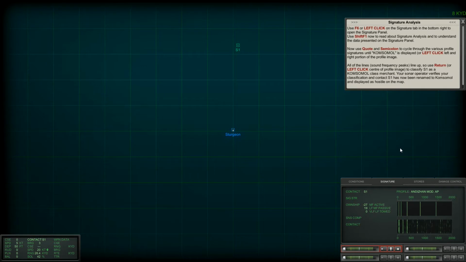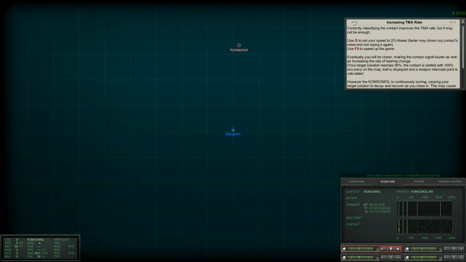Okay. So it looks like we're trying to match up the actual image. So you can see that is a match. Alright, all of the lines, sound frequency lines, line up, so use return or left click to classify S1 as a Cosmol class merchant. Okay, let's do return. Oh, that's cool. Your sonar operator verified your classification, and now it's been renamed to that. Oh, that's good. So correctly